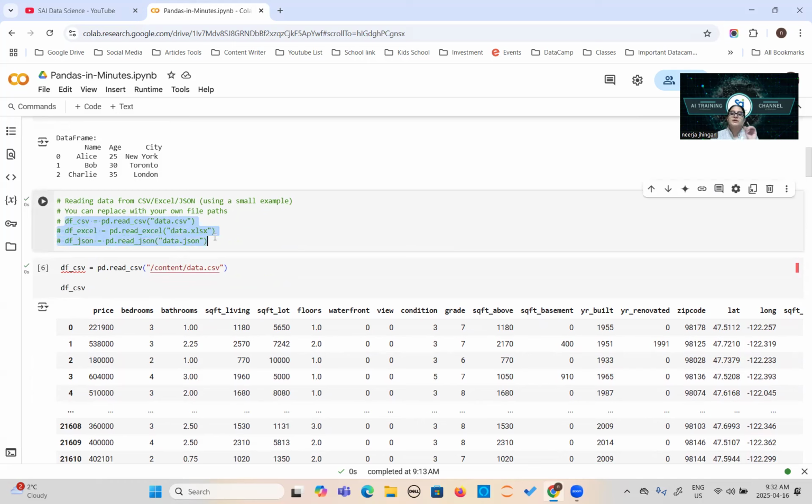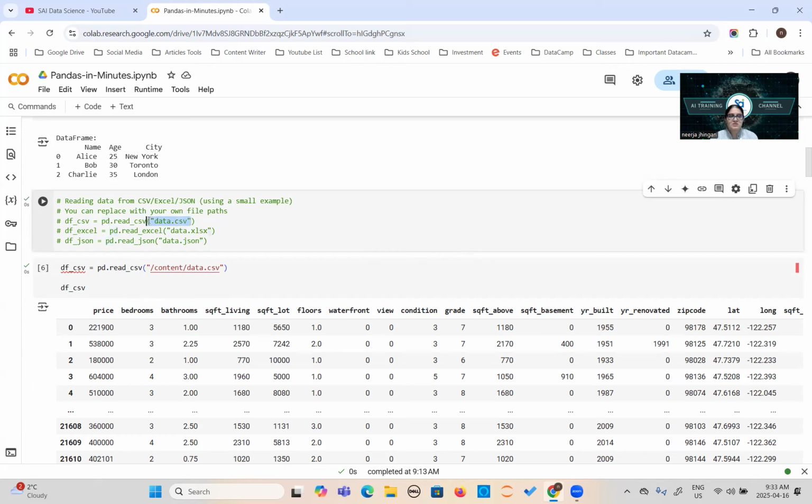I told you your data can be in the form of text. It can be in CSV format. It can be XML, JSON, HTML, and it can be in the form of XLS. So pandas is making your life very easy during the journey of your AI because it can read this data directly. You don't need any conversion. It will simply convert your data automatically by using this single command, pd.read_csv.